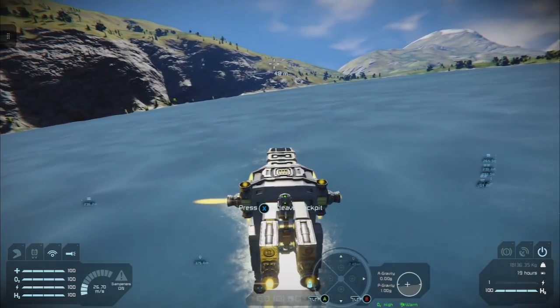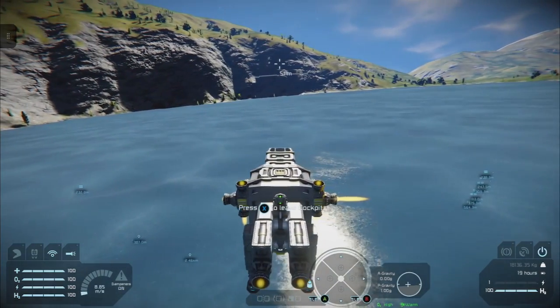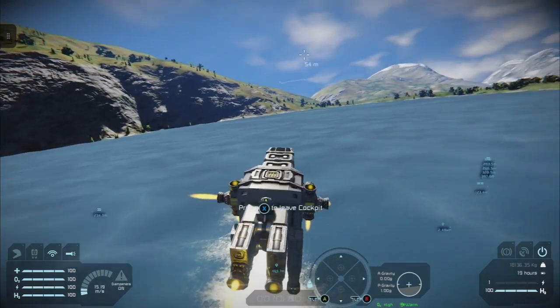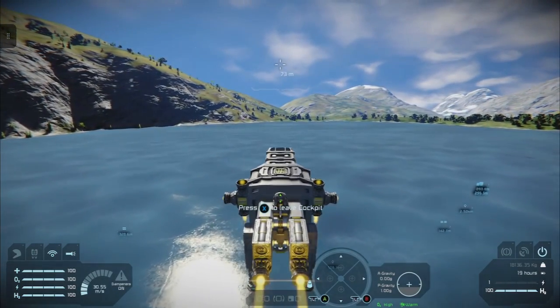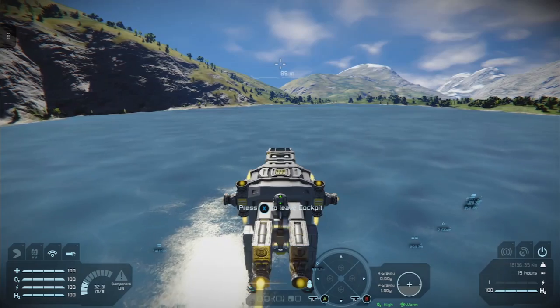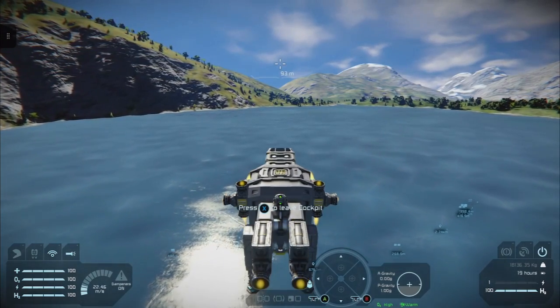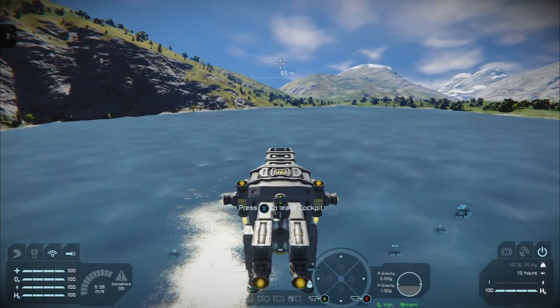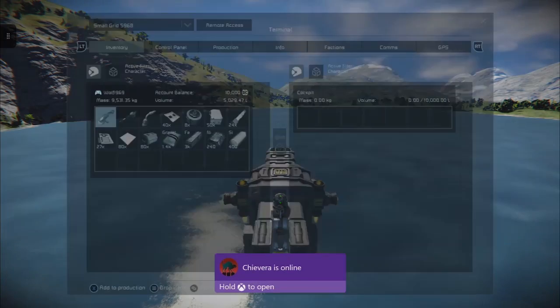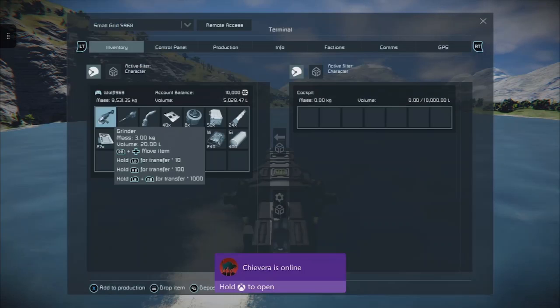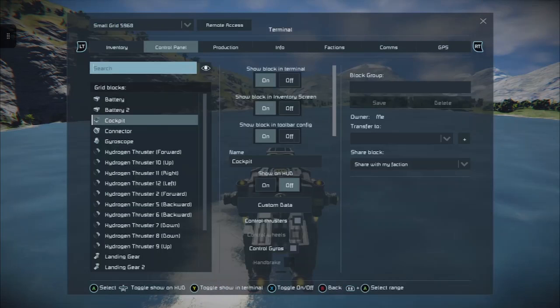And you'll see it's quite effective at manoeuvring with the 2 thrusters this way and 2 thrusters the other way. It will work quite well. And just as a last thing, what you want to do is you want to assign at least your landing gear to the D-pad. And to prepare it for doing that, you just want to do this.